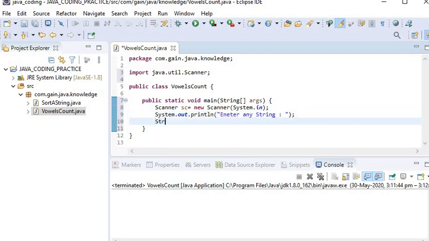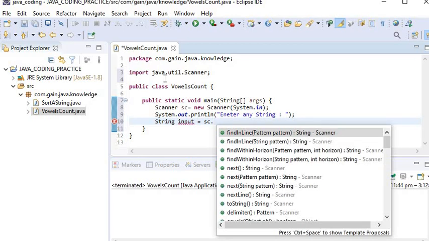Here I will store the string into a variable named input, and use the Scanner class nextLine function.